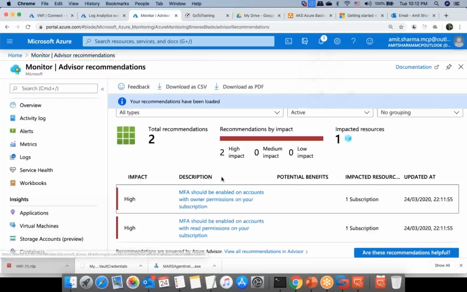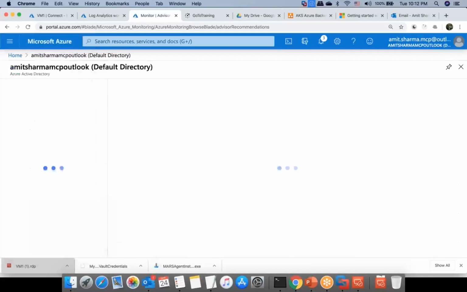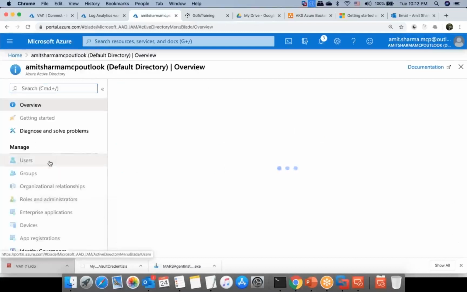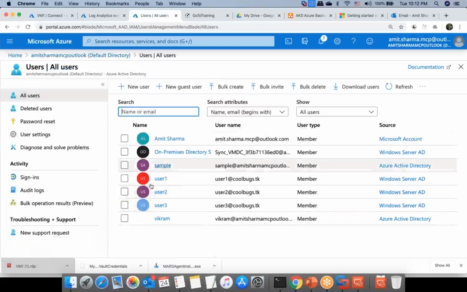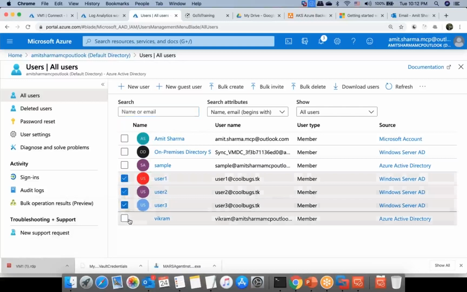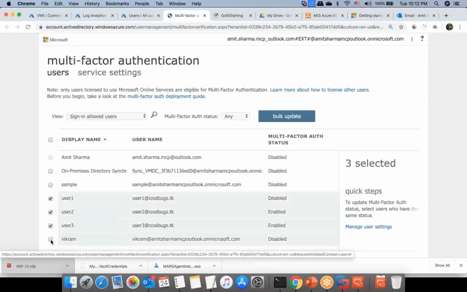And then I got something called MFA should be enabled for the account with the owner permission on your subscription. I hope you remember that yesterday when we had Azure Active Directory, I had users. So users has user 1, user 2, user 3, all these users. So if I enable 1, 2, 3 for this, I go here and go to multi-factor authentication,